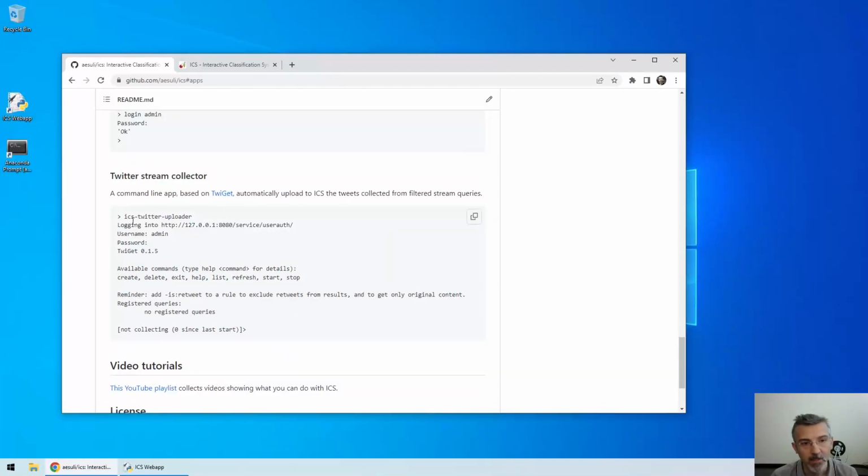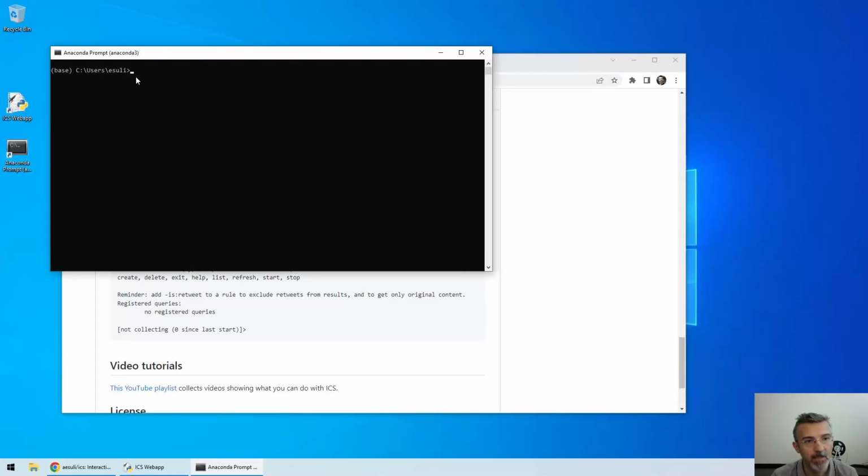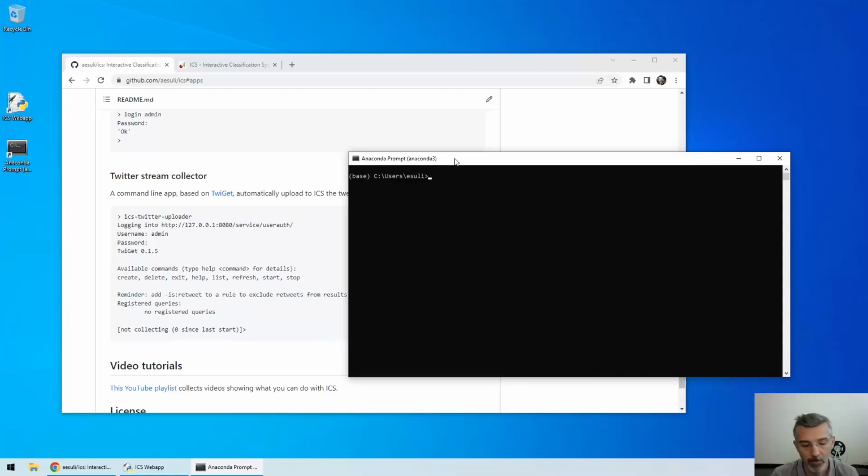So you see that it is a command line application, and we can run it by starting our Anaconda prompt, activating the virtual environment that we have set up earlier, and then we can type the command ICS Twitter uploader. We get an error, and the error comes from the fact that we have not configured the API to access